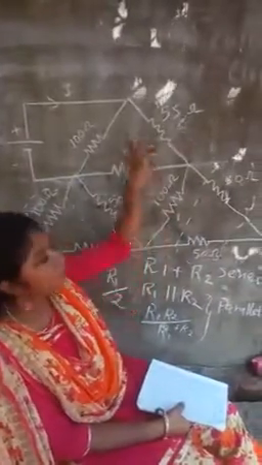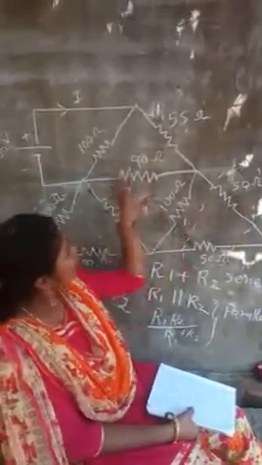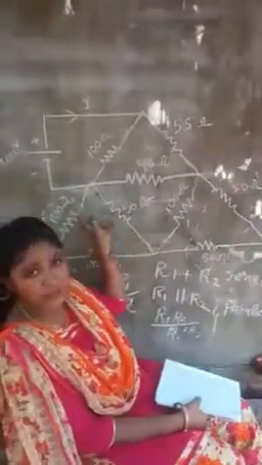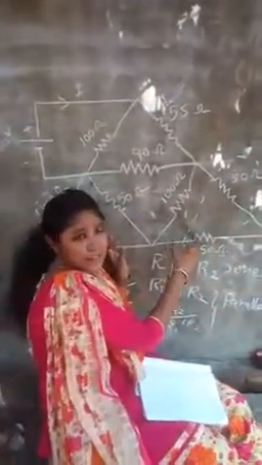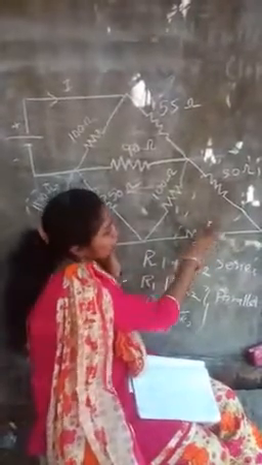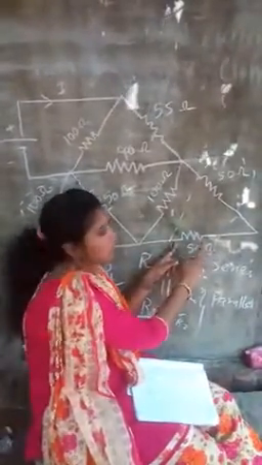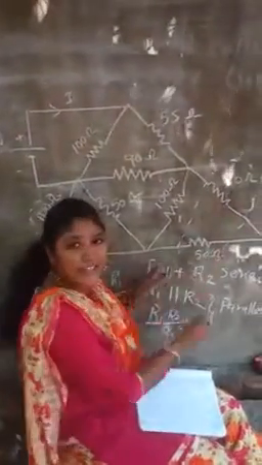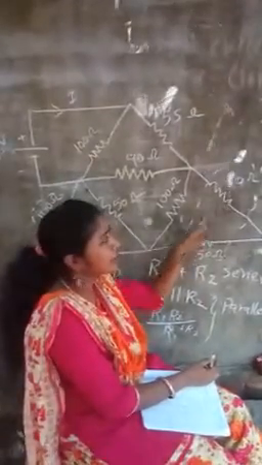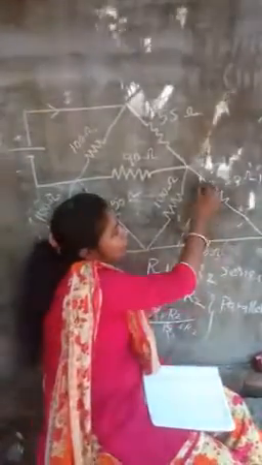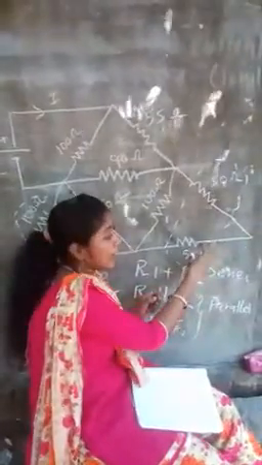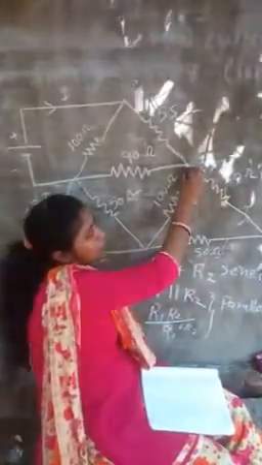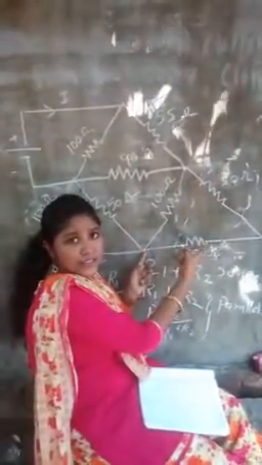Now you have to simplify these resistances. So this is the circuit, and you shouldn't start from here, because the circuit is complex. Without disturbing the circuit, you have to pick the parts. So we can take these two resistances and also these two resistances. These two resistances are connected in series. How will you identify whether resistances are in series or parallel? When one end of a resistance is connected to another, that is a series connection. Parallel connection means both ends are connected to another resistance.